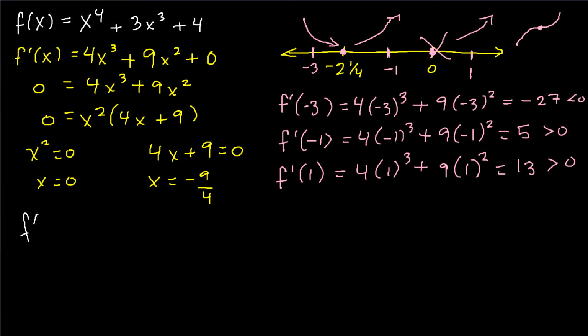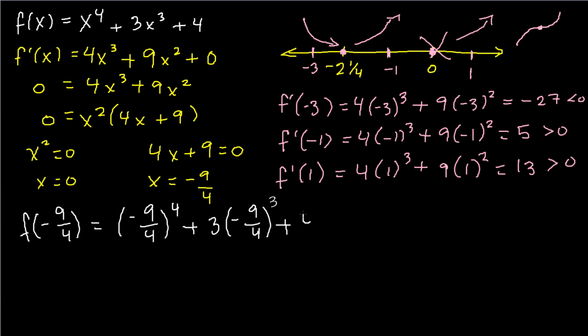So if we find f of negative 2 1/4, or negative 9/4, it's going to be equal to negative 9/4 to the fourth power plus 3 times negative 9/4 plus 4, which is all of this is just going to be equal to, ready? Negative 1163 divided by 256. If we do it on the calculator, we actually get this is equal to negative